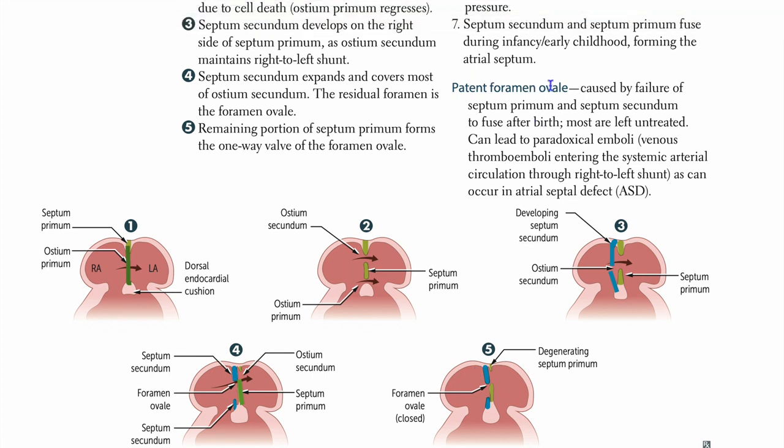Okay, so patent foramen ovale is caused by the failure of septum primum and septum secundum to fuse after birth. Most are left untreated, but it can lead to paradoxical emboli, venous thromboemboli entering the systemic arterial circulation through a right to left shunt, as can occur in atrial septal defect. Right, so what does that mean? Say there's a